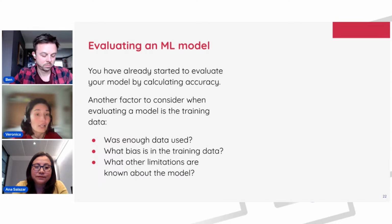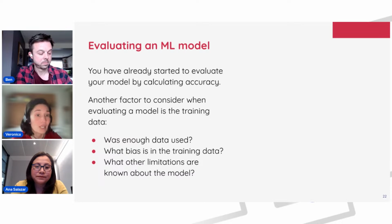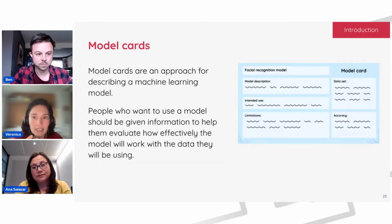And what are some of the limitations of the models, because ultimately no model can be perfect and can do everything. But it's important to communicate those limitations. And one way to explain these models and document the results of an evaluation is using model cards. And model cards are a way of